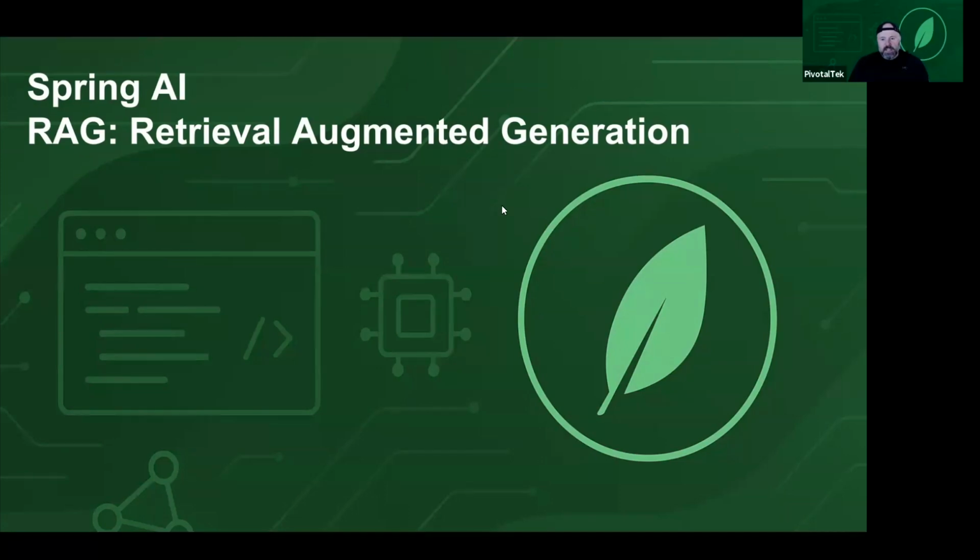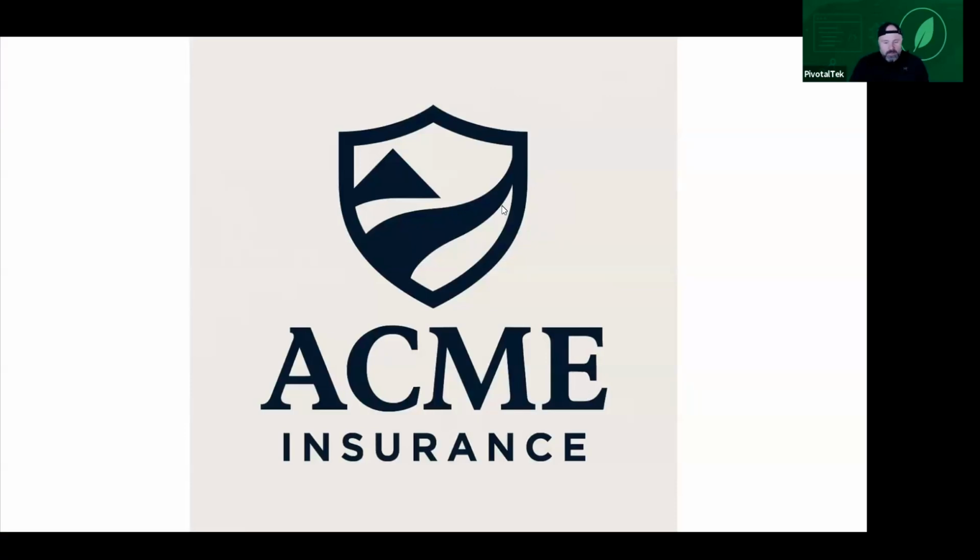And imagine the use case where you are a company. In this case, we'll call ourselves Acme Insurance. You have a wealth of internal knowledge and data that is not out on the internet. This might be data about your policies, it could be Q&A or help information, and you might want to make this information available internally to your employees or to your help desk agents so that they can help customers, or you might want to make it available to your customers so they can have a chat with an AI agent